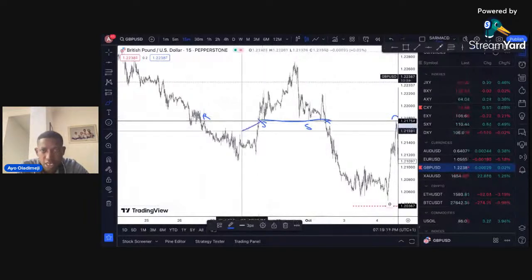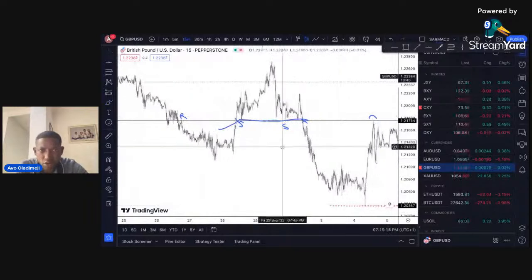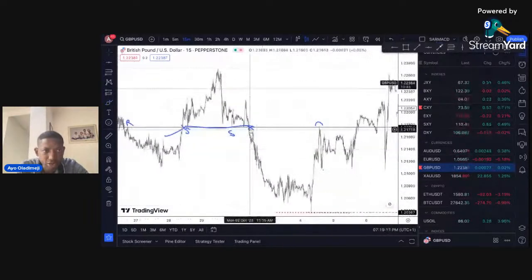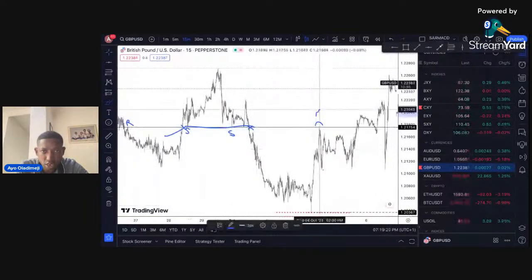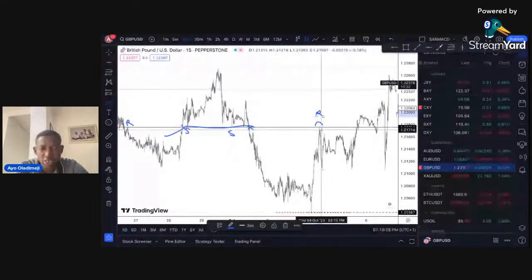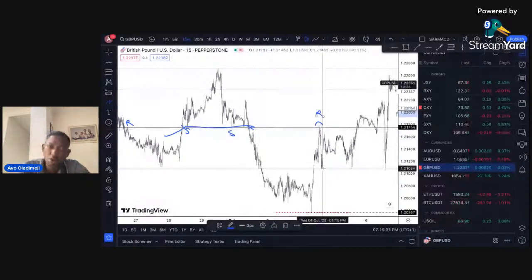And the moment price broke through this level, this support here became a resistance again. And that's why here it was resisted. Price at this level resisted the buyers, and it came down momentarily. Okay, so always remember that when a support is broken, it becomes a resistance, and when a resistance is broken, it becomes a support. Right? I want you to always remember that.